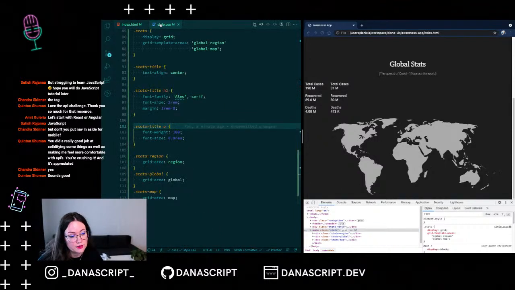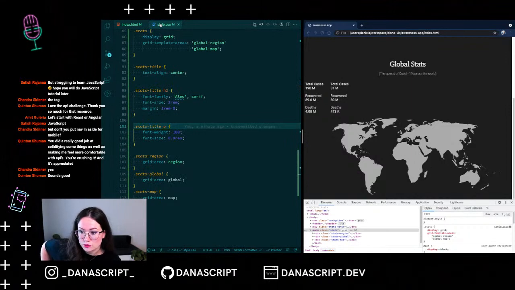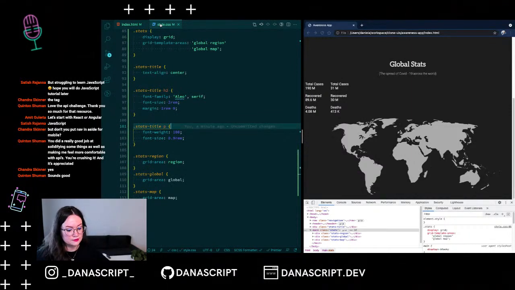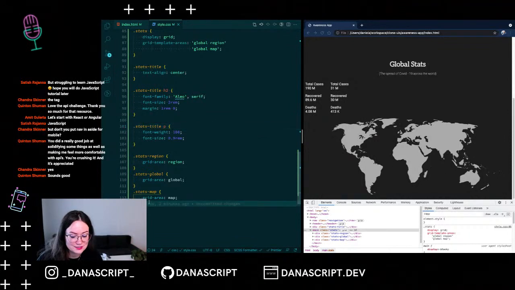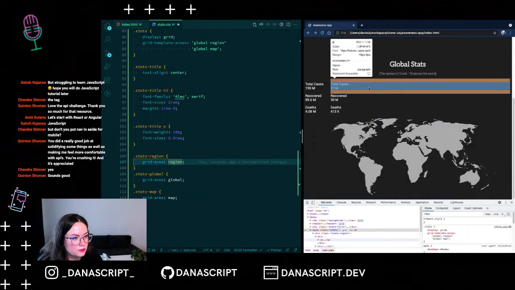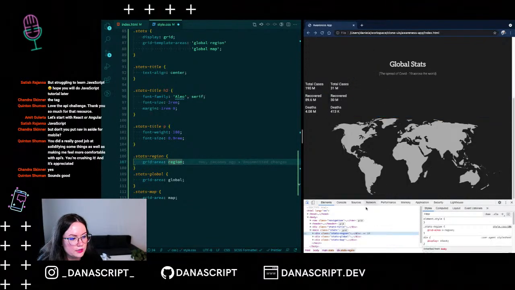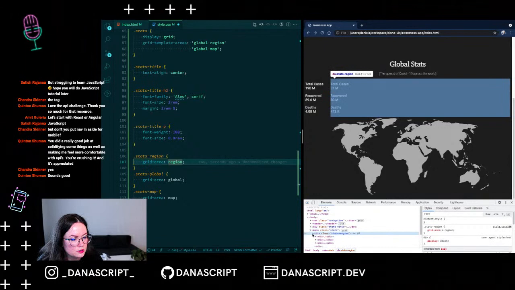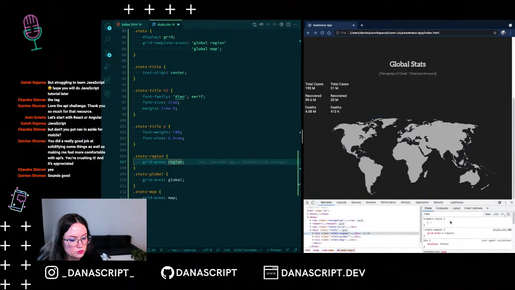And last time I didn't know that CSS Grid is also offering you these things of alignment. And after that, it went higher in my priority list of things to use on websites once I learned that it does have this thing. So for example, the region, and okay, let's do it again in the inspector because I'm not 100% sure about the naming of those things. So stats region needs to go to the right, and I think it needs to be align items and